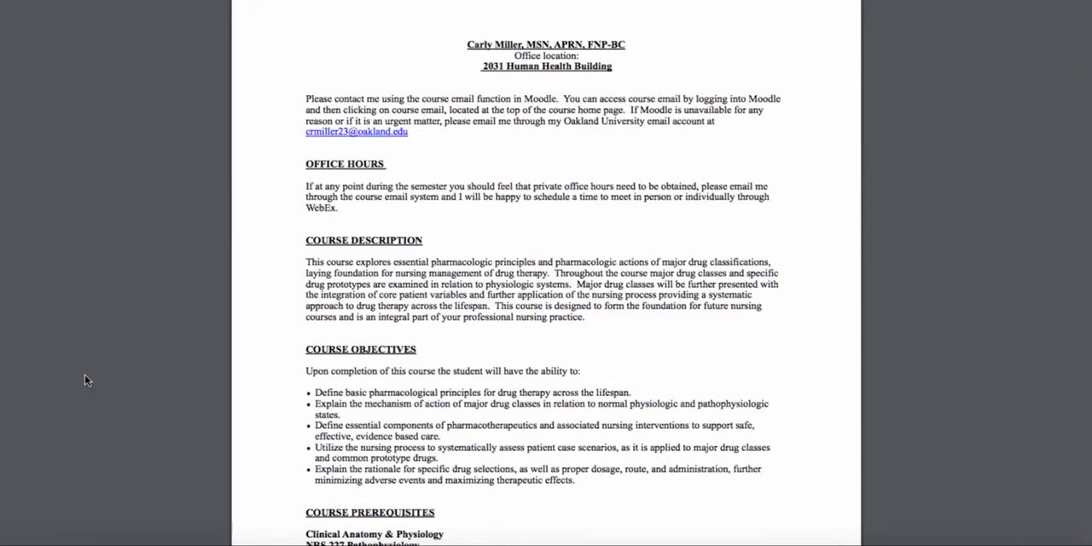So the course description explores essential pharmacologic principles and pharmacologic actions of major drug classifications, and it gives you that foundation for nursing management during drug therapy. So throughout the course, we're going to cover major drug classes and specific drug prototypes in relation to certain physiologic systems. So we kind of go through a systematic process of going through cardiac, neuro, endocrine, etc. So we'll kind of move through systems, and then we also pull out major drug classes with select drug prototypes